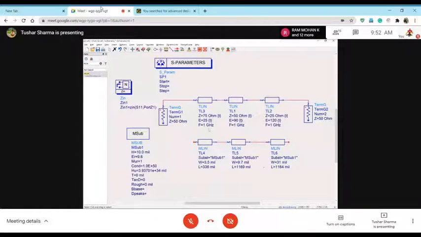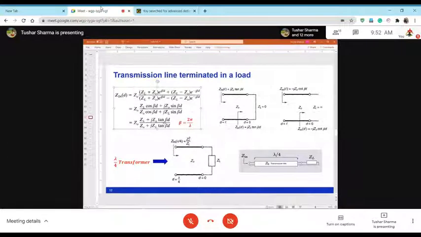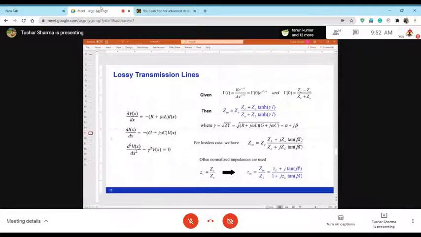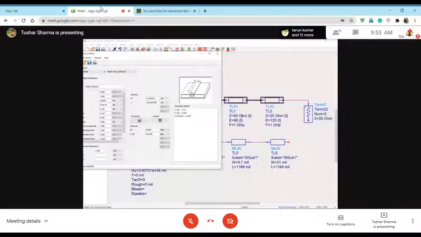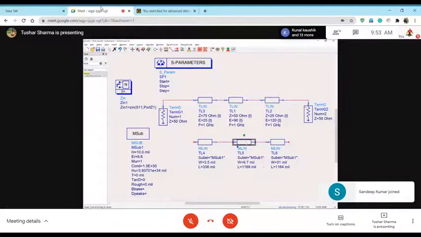Okay, so these are the ideal lines. Now what I'm showing you with the substrate is the real line. It's not yet in the slides, I will put it, but it's converting the ideal line into a practical usable line. Now we have this. The question comes, what happens after this? You decided what will be the length, what will be the width, and all these things. So after that, the idea is, how do you see this practically?